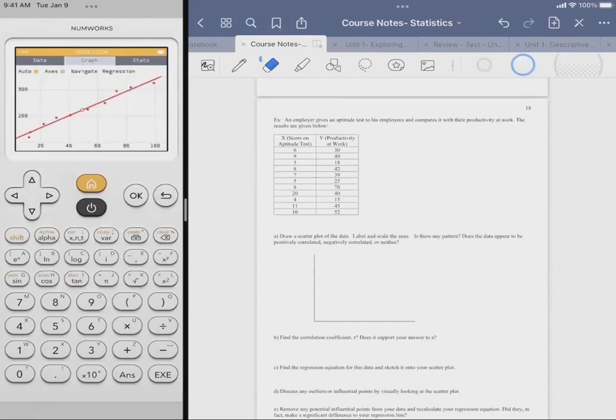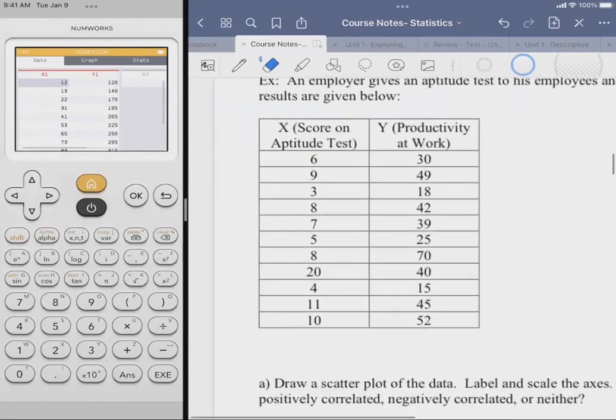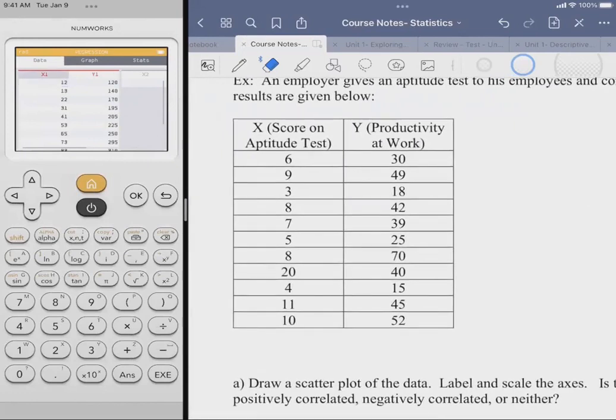So in data, I need to get rid of all this information and replace it with this new information. And if I'm not mistaken, there's more information that I already have plugged in than what I will be plugging in. So I'm going to go right up to X1, hit OK, and go to clear column,